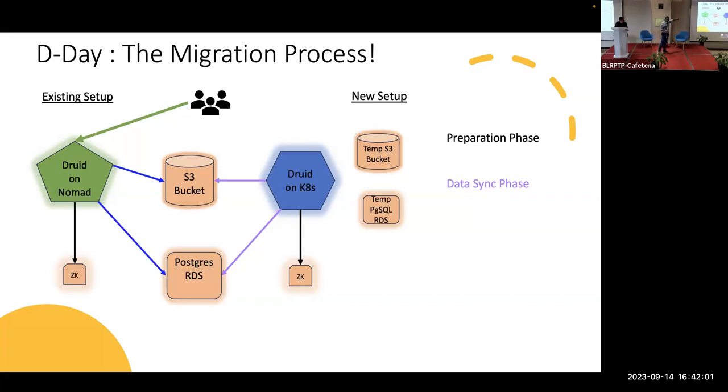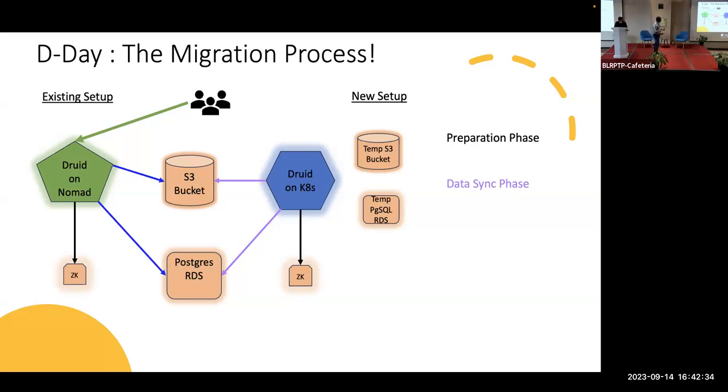Again, I'm mentioning one more time, till this phase the reads and writes are still going on the Nomad Druid. Data corruption won't happen because the source of truth is a single point, right? That is why we have this data sync phase. Let's consider you have 100 TB of data and you require enough time to get that data loaded on the historicals. In the data sync phase you can take enough time, depending on speed, latency, whatever the reason, and make sure that the entire data is loaded on both sides. Now you are ready for the next phase.